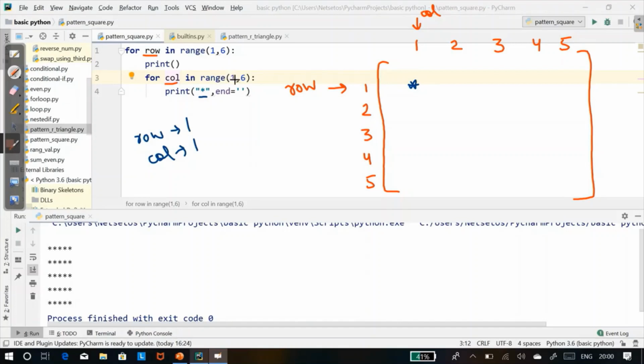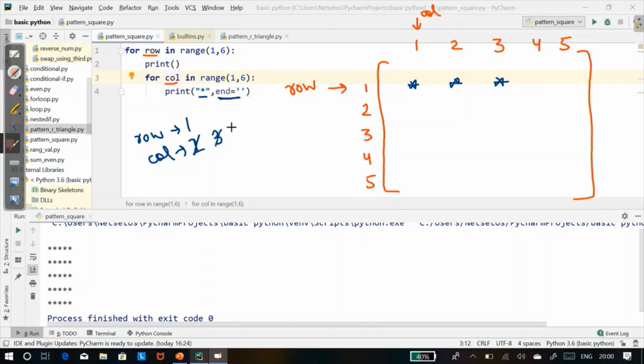Then it will go for 2, print star. As we have put this, it will print in the same line. Then 3, star, it will print in the same line.